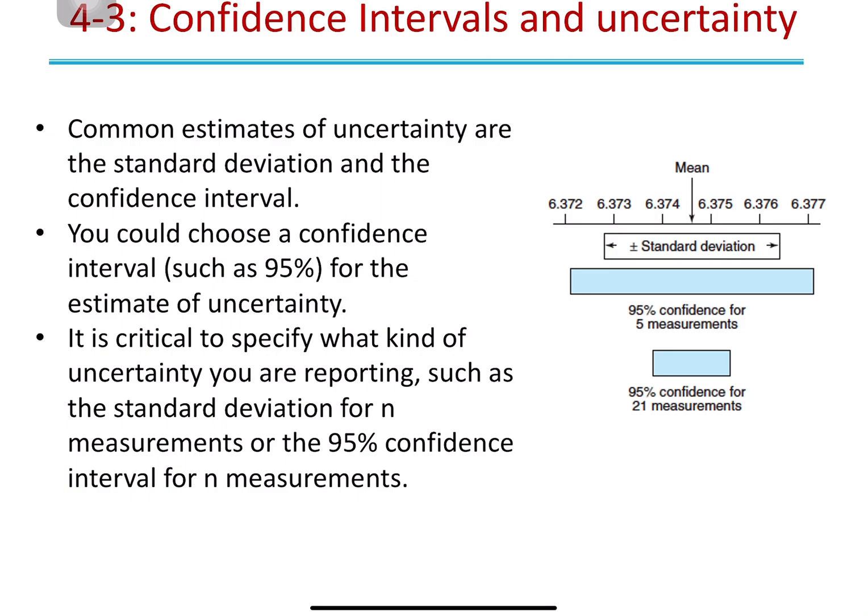So if you use a standard deviation, you say the uncertainty is the standard deviation for n measurements. If we use the confidence interval, we have to say at which confidence level. So you have to specify exactly which confidence level you calculated your confidence interval for. We don't just use the standard deviation, we can also use the confidence